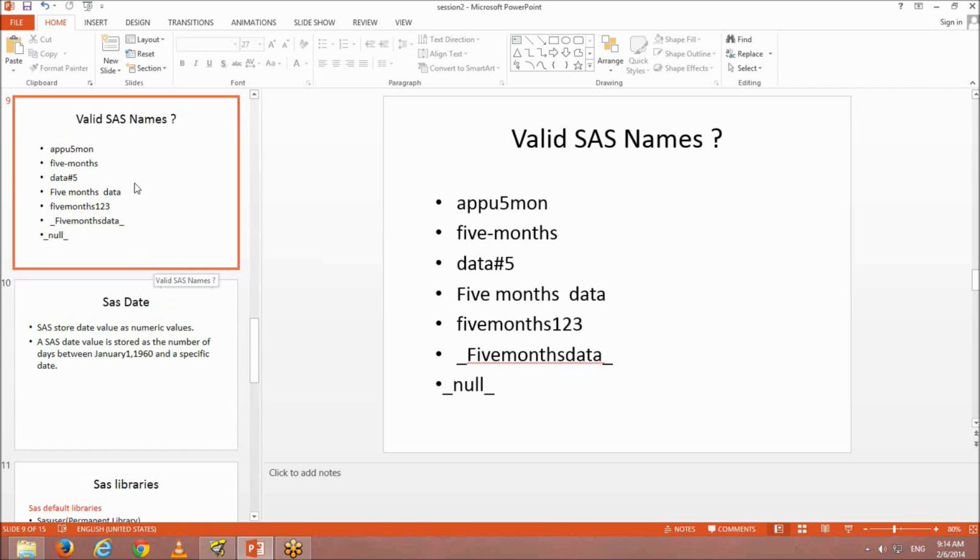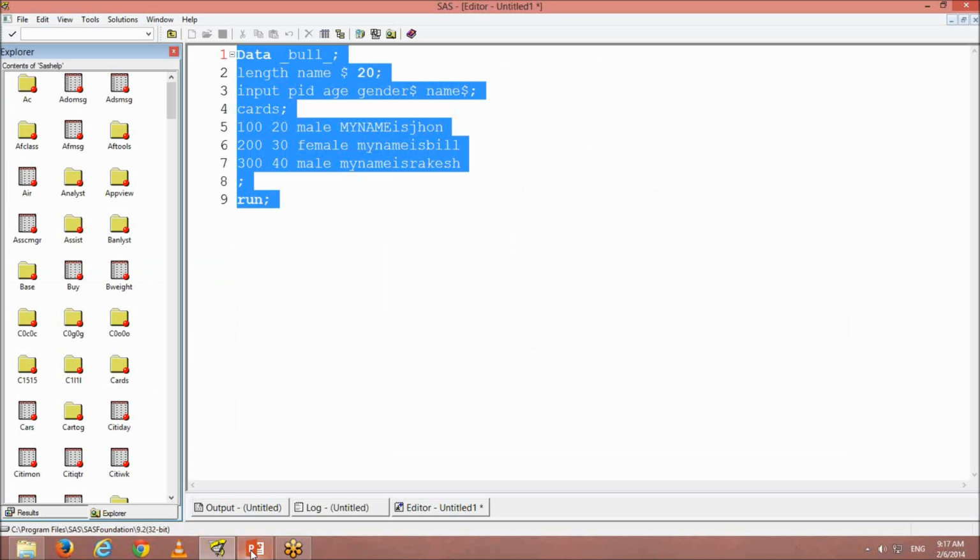So we are done with valid names. 5months is an accepted name, and 5months-5months is not accepted. Data hash is not accepted. 5monthsdata is accepted. 5months1to3 is accepted. Underscore months data underscore is accepted. Null underscore is accepted, but the data set won't be created. Okay, SAS